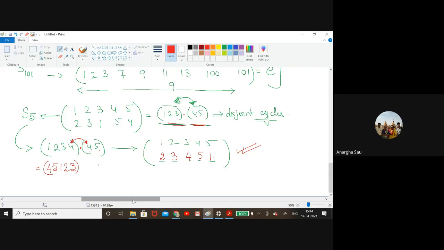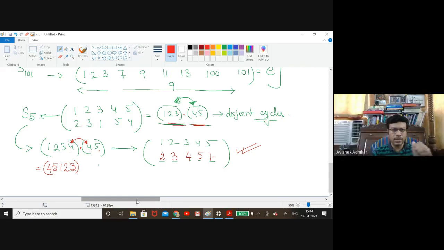Can you please repeat these examples? Okay. So this part is clear to all of you? Since they are disjoint, you cannot. For example, here 4 goes to 5 and here 5 goes to 5. That means ultimately 4 goes to 5. 5 goes to 4 and here 4 goes to 4. That means ultimately 5 goes to 4. So no change. Similarly, since they are disjoint, this effect will not have any effect on this side. Similarly, this effect will have no effect on this side because they are disjoint.